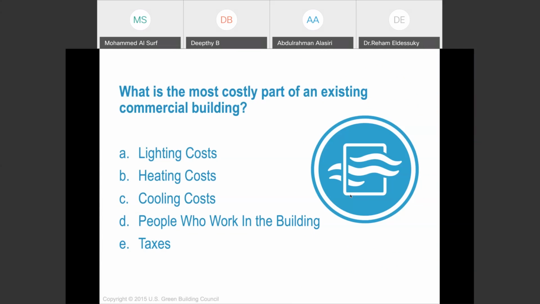So a question here, basically similar to what comes in the credentialing exam. What is the most costly part of an existing commercial building? So before I answer this question,